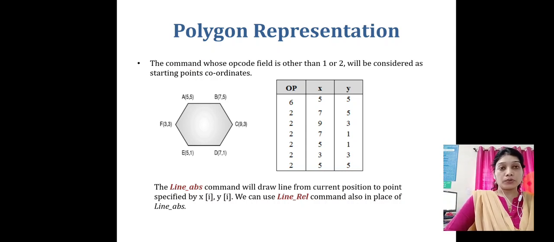We all know that whenever we are representing a line, there are two methods to display the line command. One is the absolute line, that is the line ABS command, which takes the x and y coordinates as they are. And there is another command called line relative, which takes relative distances, meaning not the actual values but values in the form of dx and dy. So, absolute distances are in the form of x comma y, and the line relative commands are in the form of dx comma dy. These commands are used to store the lines in the display file.